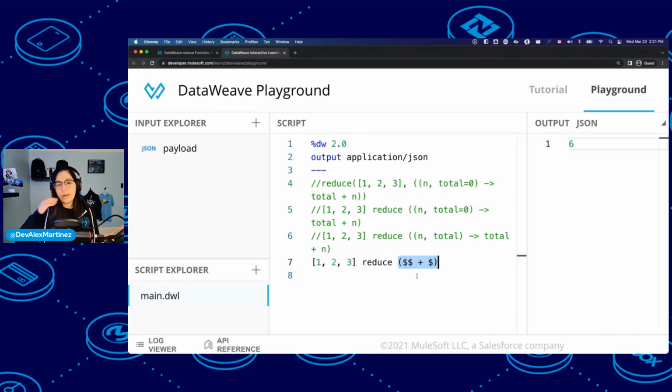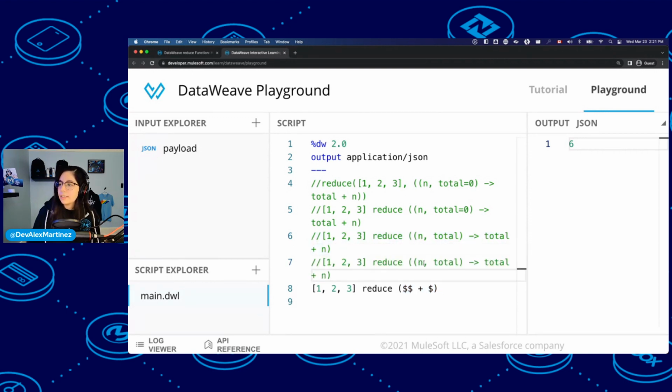Remember, we saw earlier that the number of $ signs depends on the number of the parameter from the lambda. So let me take this, put it here. This is basically like instead of n, we would have $1. Instead of total, we would have $2 signs. And then in the end, we would be total. So 2 signs, and n would be 1 sign. And finally, we don't need to put this first thing. So that's how we end up with this part.